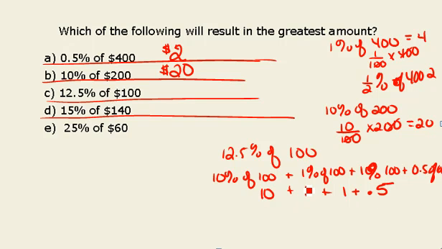Therefore, 12.5% of 100 is $12.50. We can also see that by looking at our numbers and recognizing that 12.5% of 100 is the same as $12.50. If I want 15% of 140,